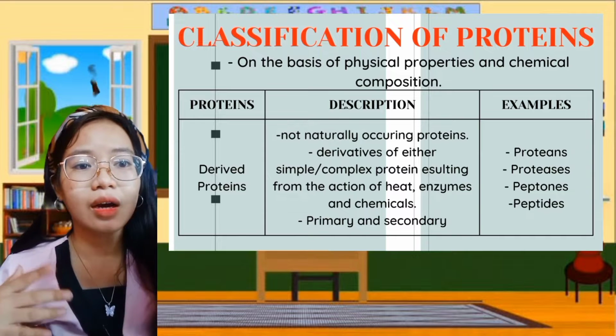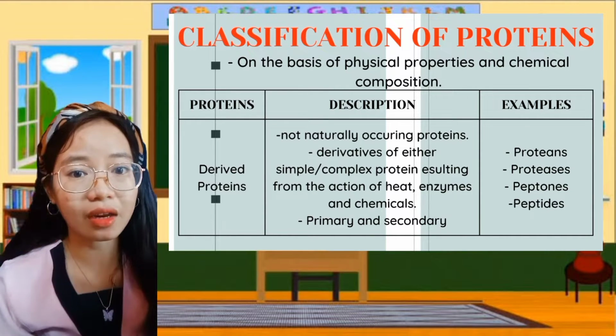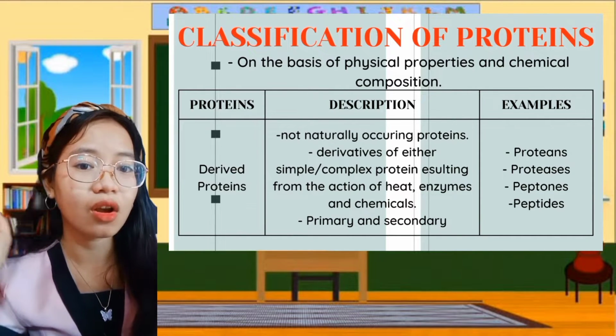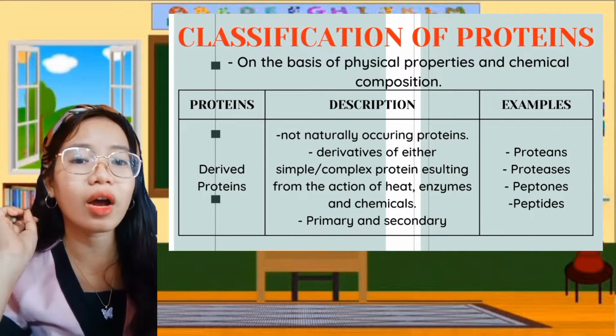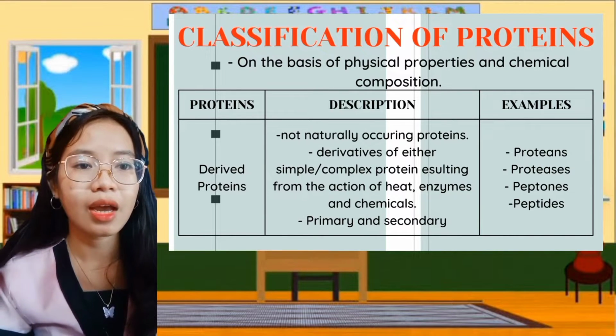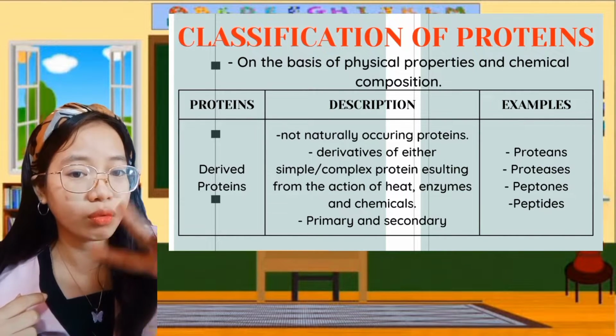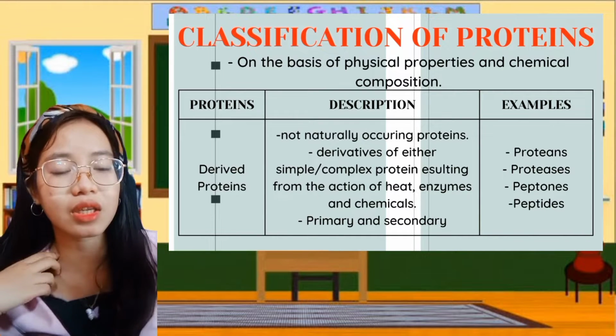And these derived proteins can occur because of the action of heat, or enzymes, or chemicals. And these derived proteins are classified into two classifications, which are the primary derived proteins and